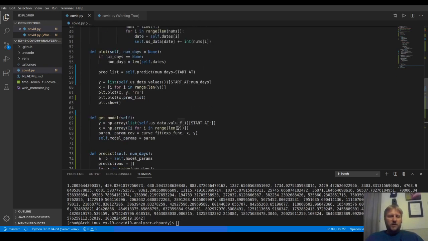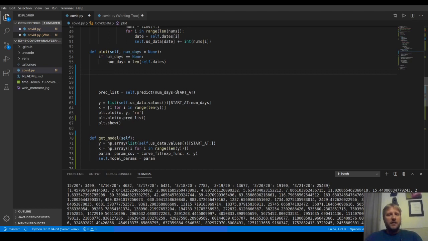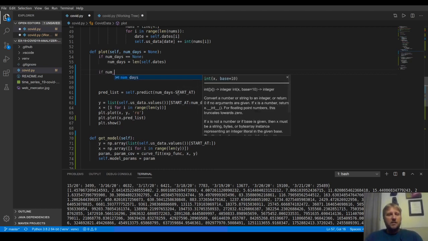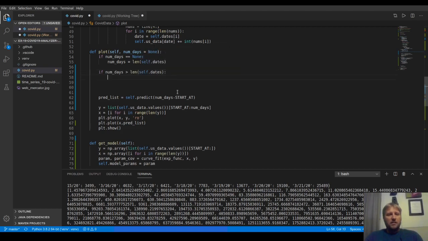I think what we want to do is plot our actual data, and then on the same graph, plot our predicted data. Here's what we're going to do. We're going to say if num days is none, then num days equals len of self.dates. If num days is greater than the len of self.dates, then